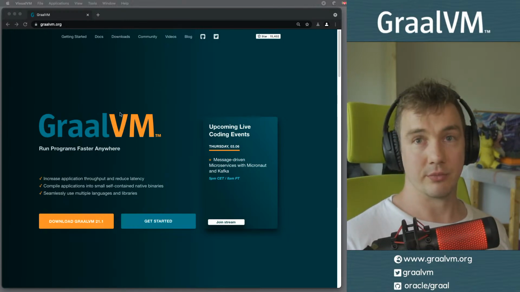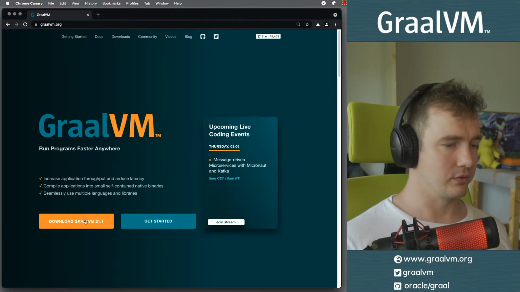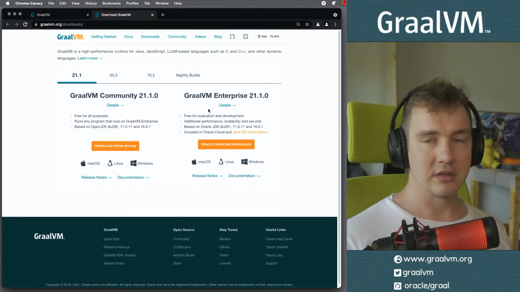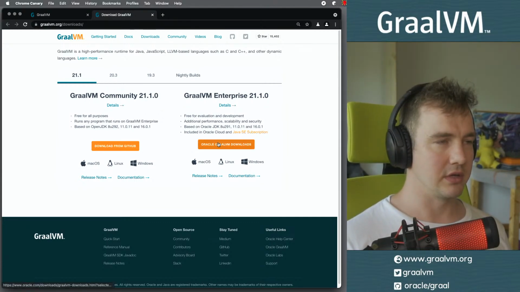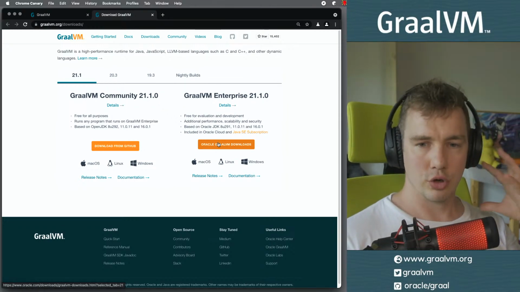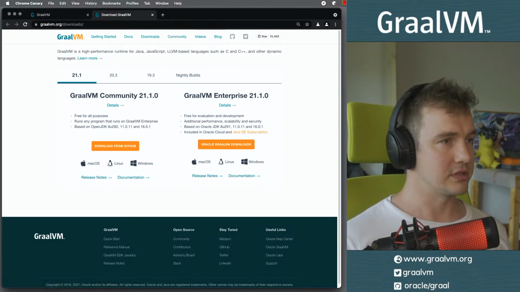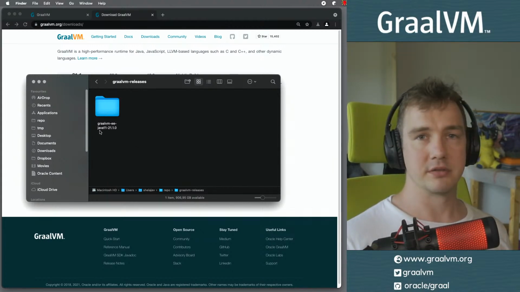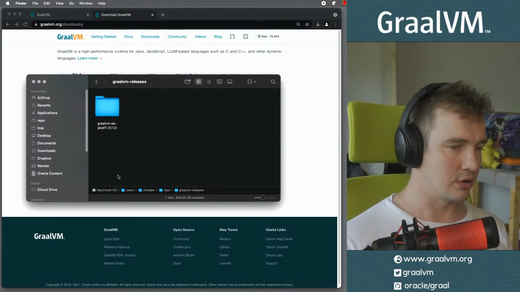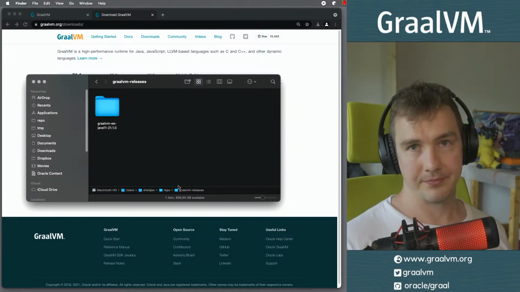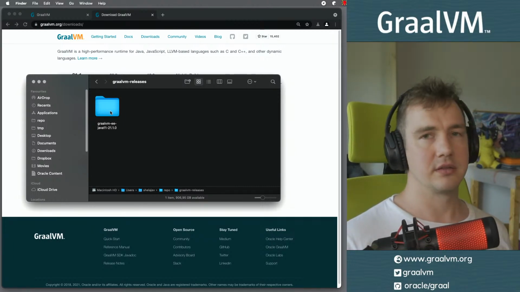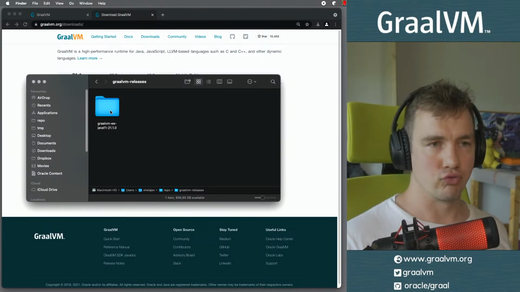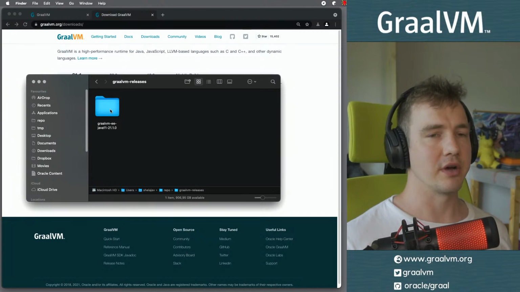You can get that from the website, graalvm.org. You go to download, you can pick your choice between the community and the enterprise edition. You download the archive and then you place it somewhere on your system. I have done that, and I have my GraalVM Enterprise edition based on JDK 11 available here at a certain path. Now we're gonna use that GraalVM JDK for Eclipse IDE to run Eclipse because it is a Java application,